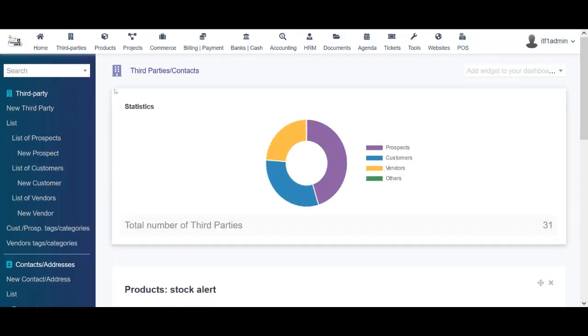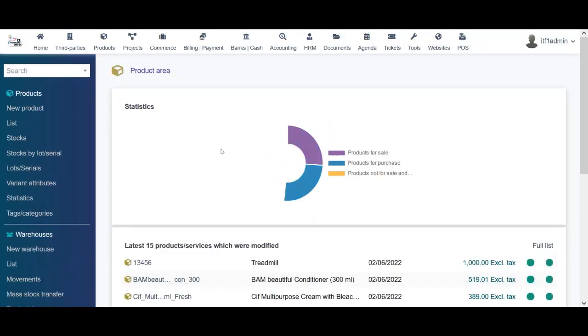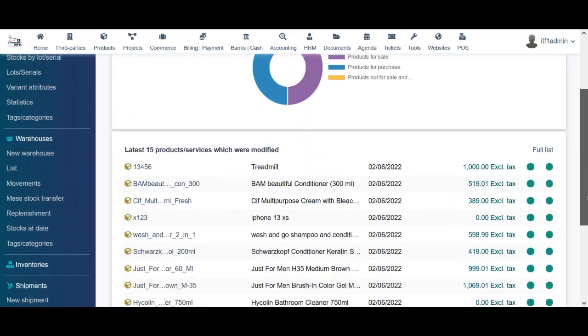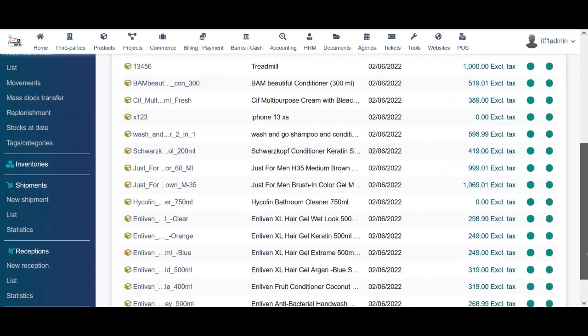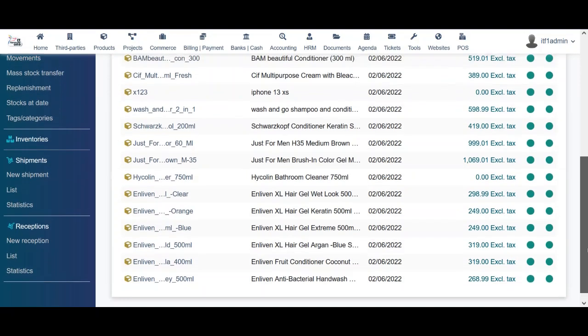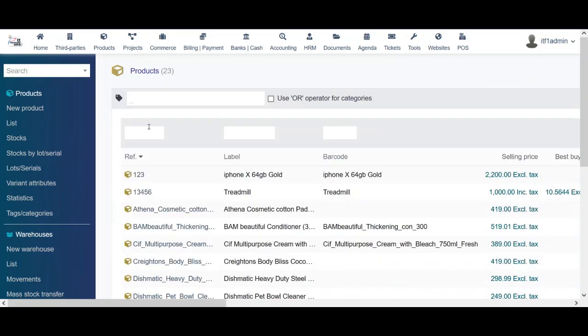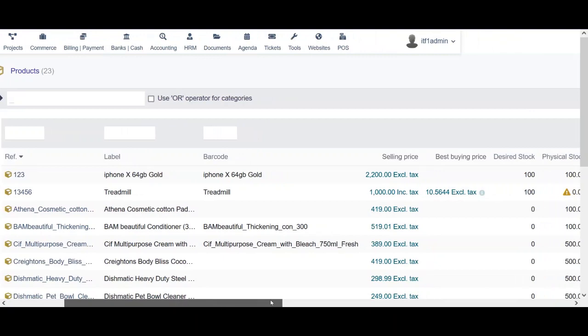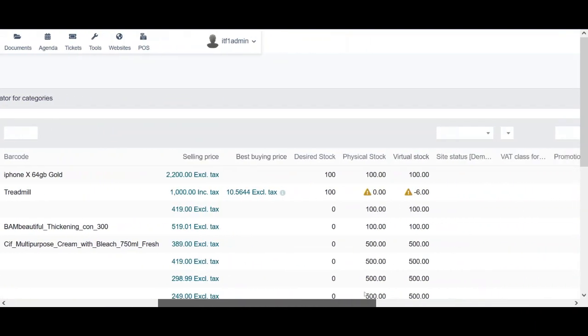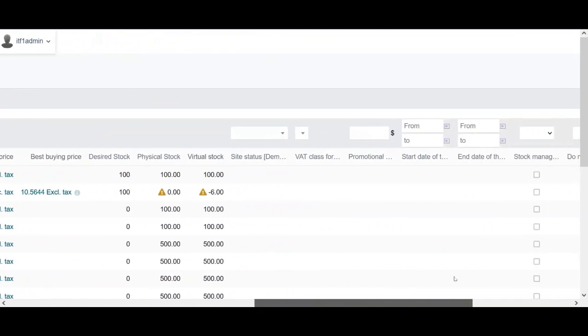And next is the products. On the products we have products, then warehouses, inventories, shipments, and receptions. So let's start with products. You can add new products, you can view products, you can manage their stocks. So here you can see the products, product information, reference, label, barcode, selling price, buying price, desired stock, all the